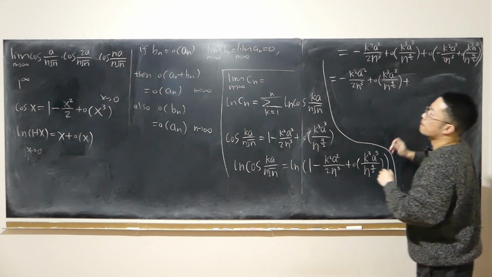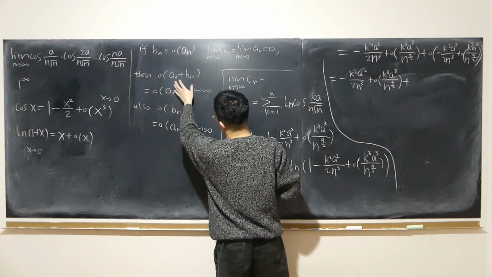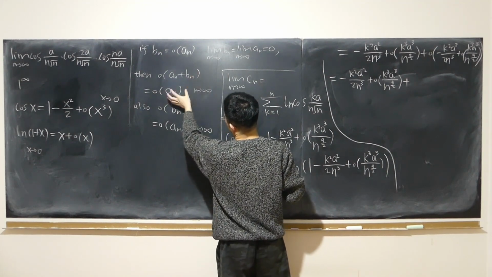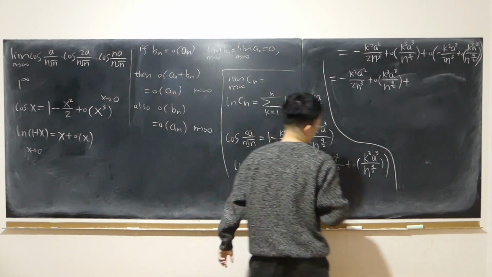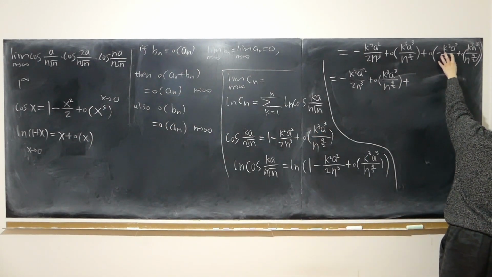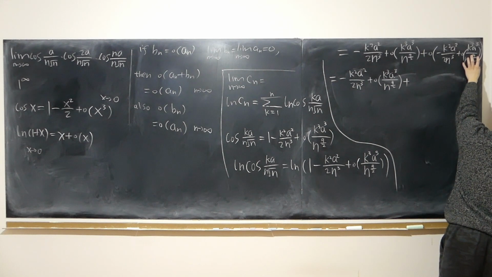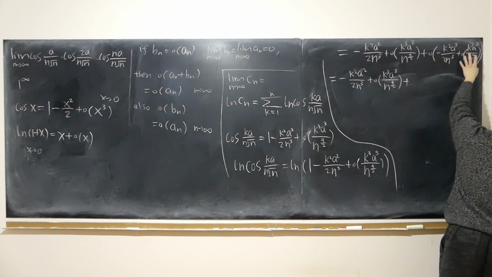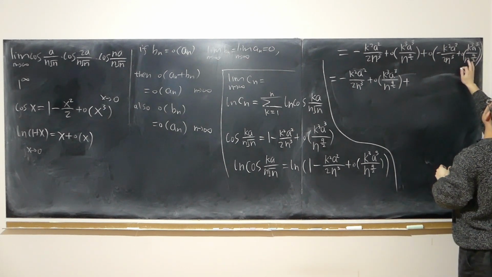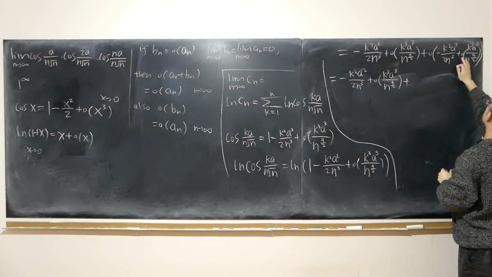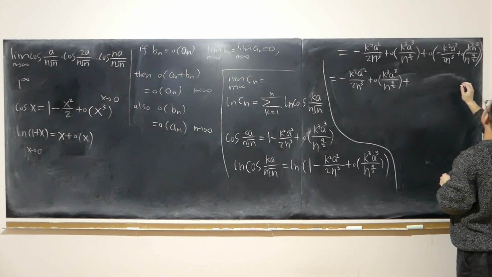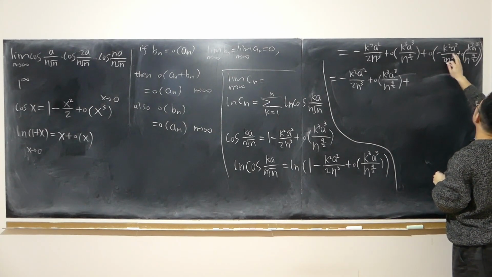So, like I said, little o of two terms added together, right? Just simply get rid of the faster term. Keep the slower term. Now, which term approaches 0 faster? This term or this term? I believe it's this term, right? So this term is already approaching 0 faster than this term. The little o of this term is faster than this term. So also this term is even faster than this term.